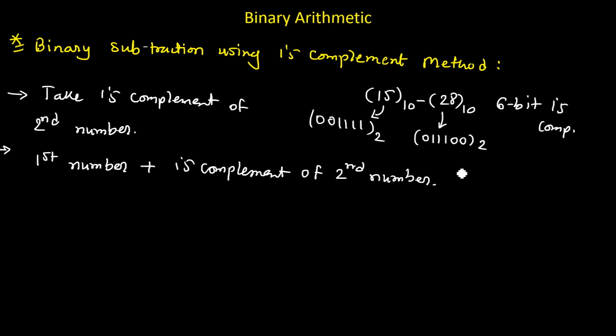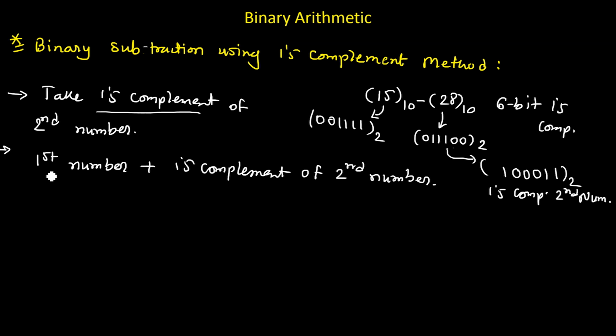Now we have to subtract both the numbers. So the first step is to take the first complement of the second number. So we have to invert each and every bit of the second number. The least significant bit is 0, so we convert it into 1. The second bit is 0, so we convert it into 1. Then 1, so we convert to 0, 0, 0. And the last one, the most significant bit, is 0, so we convert it into 1. So this one is the first complement of the second number.